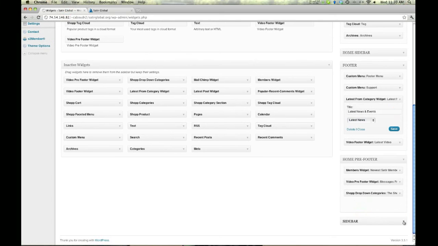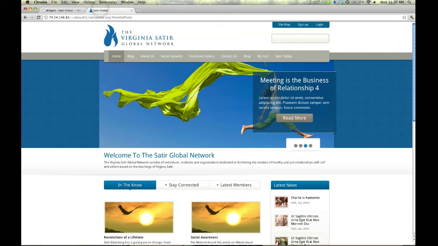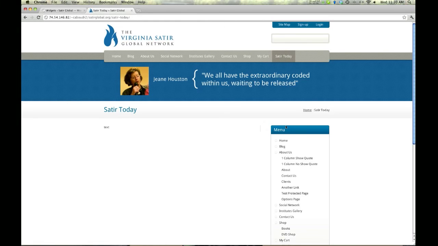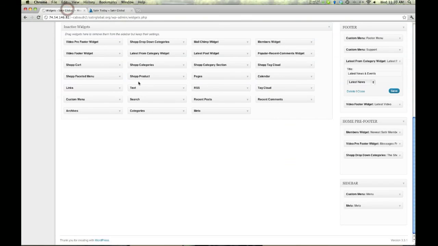Now we have a sidebar. This is a bonus thing we did for you guys. If we go to Satir today, you see this menu on the right? These two little widgets. We've actually created a way for you to populate any widgets you want on specific pages. For instance, let me go ahead and change this menu because it's just too big and looks silly. Let's do support, save,